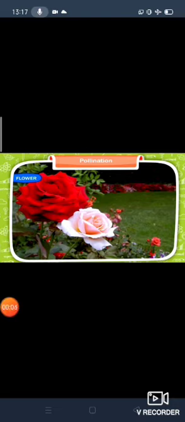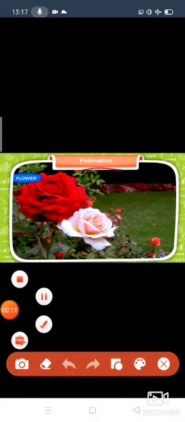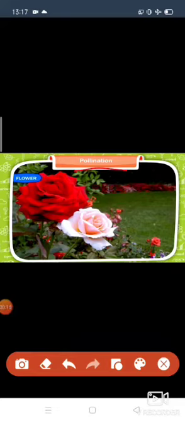So children, as you can see in the picture, today we are going to start a new lesson. The name of the lesson is pollination. So what do we mean by pollination? Before that, I am going to tell you about flower, parts of a flower and types of flower. After that, we will discuss pollination. Okay? So children,